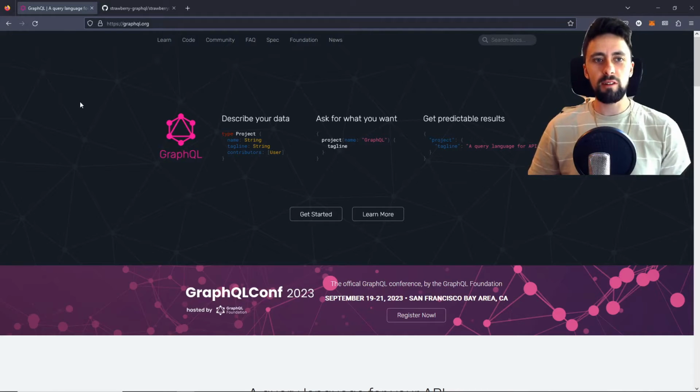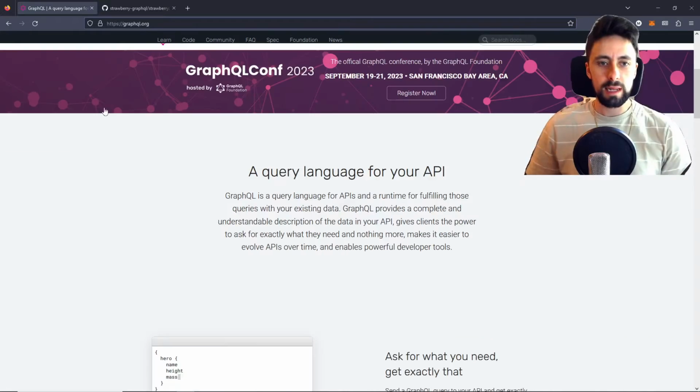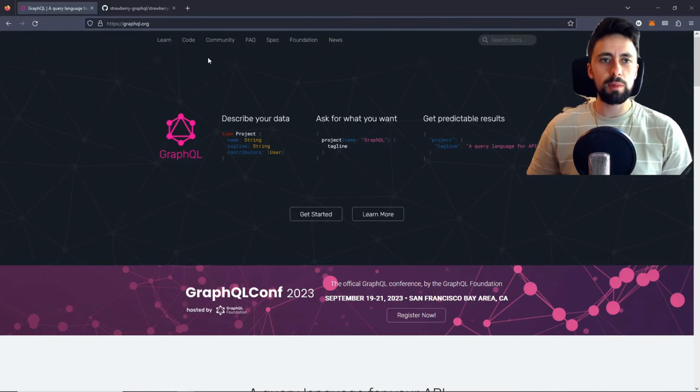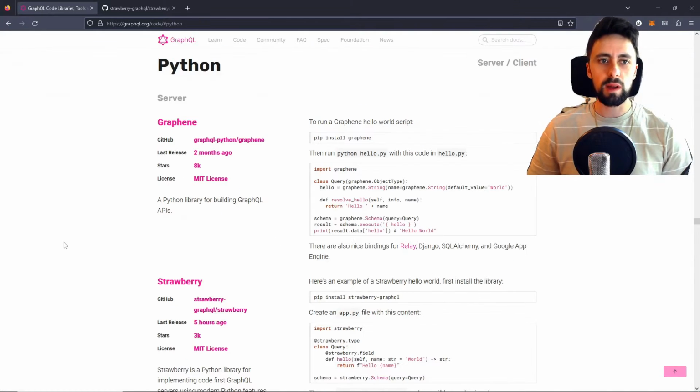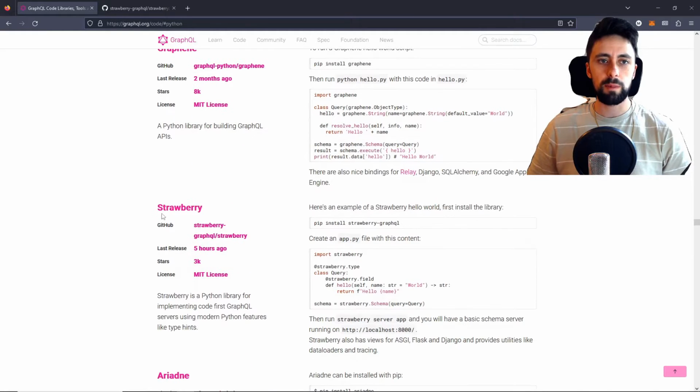Today we're going to be looking at GraphQL and how we can use it with Python. Now, I've actually known about GraphQL for years, but I just never got around to using it, so I thought I'd finally do that. So if we go on their website and we go to code and we go to Python, we can see they've got a few servers, is what they're calling them, but they're just libraries for GraphQL, and we're going to be using Strawberry because for what I want to show you, it has the most simple